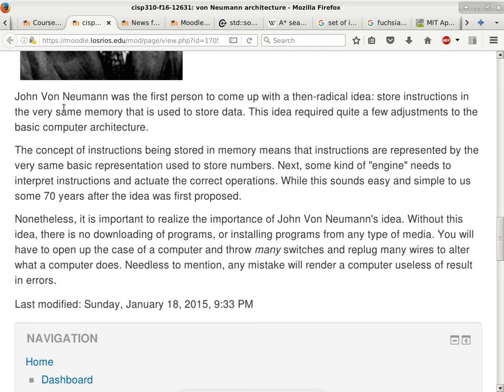Because before that, the behavior of the program or your computer was configured only by hardwiring and stuff. And he's the first person who said, well, is it possible to change that so that the program, in other words, the code or the configuration that affects how things are done, is also stored in memory, just like the data that is being processed. And he's the first one who proposed that.